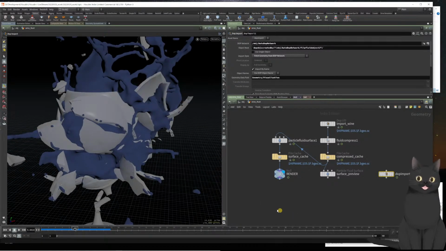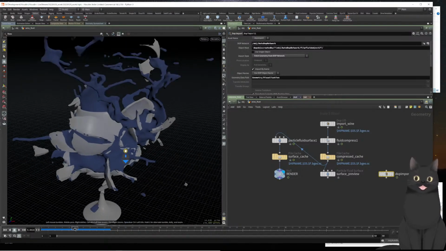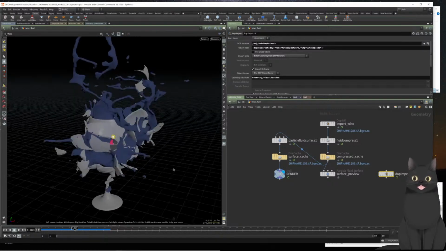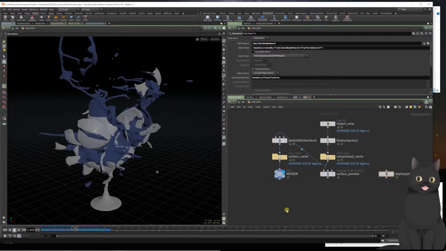That we will later render. Now let's go and cache things out. In part 6, we're going to cache and retime the simulations, then output them as USD for rendering purposes. So here we are inside the wine fluid. Now we're going to go back up